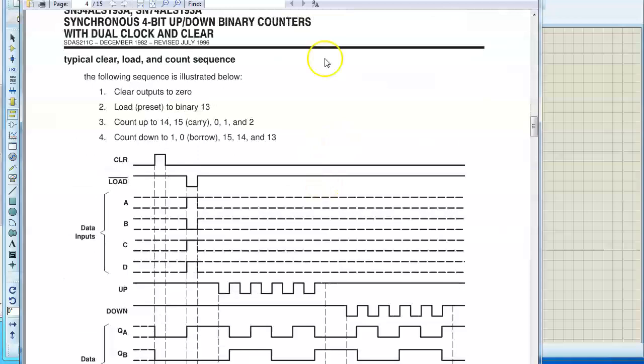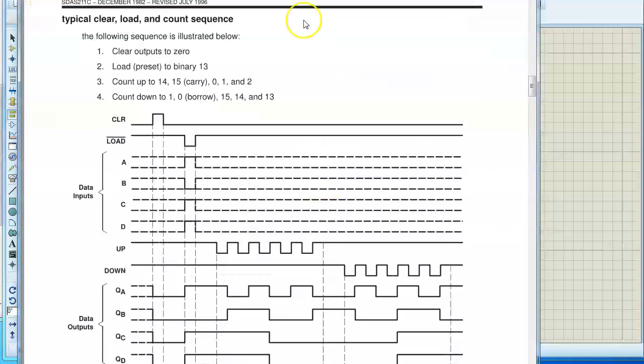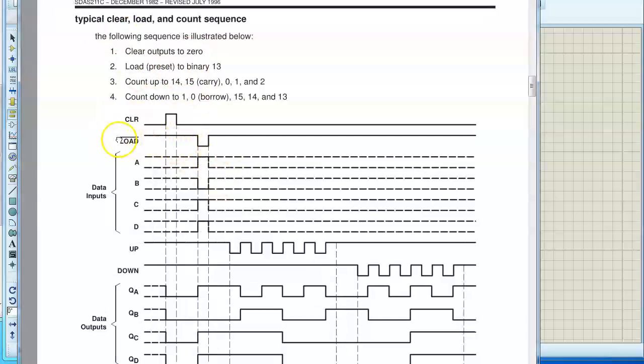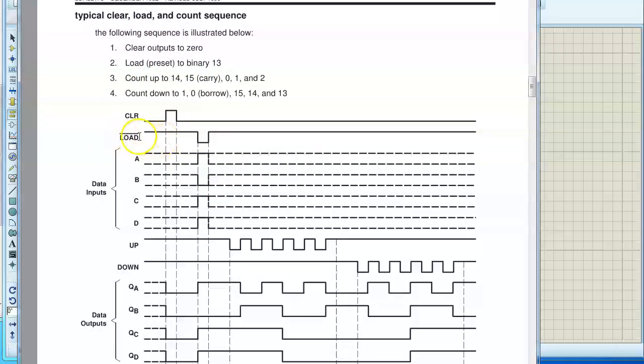Yeah, you have to be very clear about these concepts, like when the counter is going to start counting, when it is going to clear, and how to load the value. As you can see in the timing diagram, the load is an active low signal. That means whenever this signal goes low, whatever the values of A, B, C, D, this value is going to be loaded into the counter.